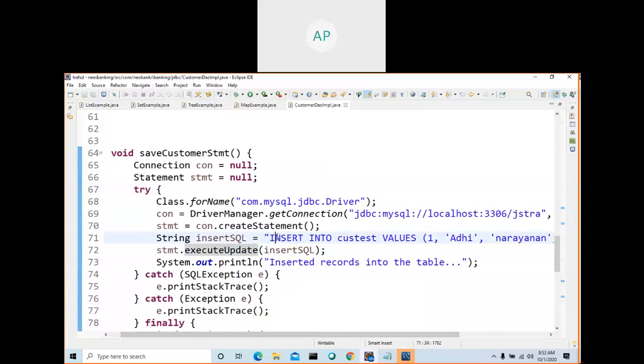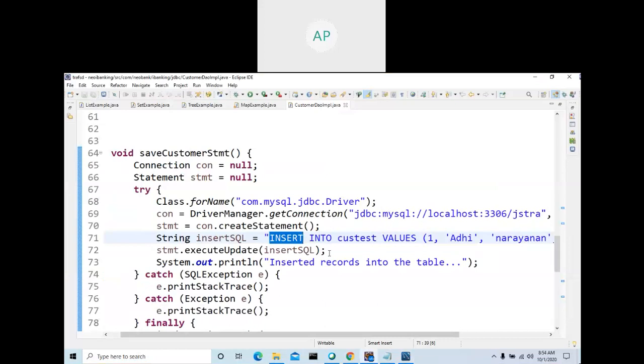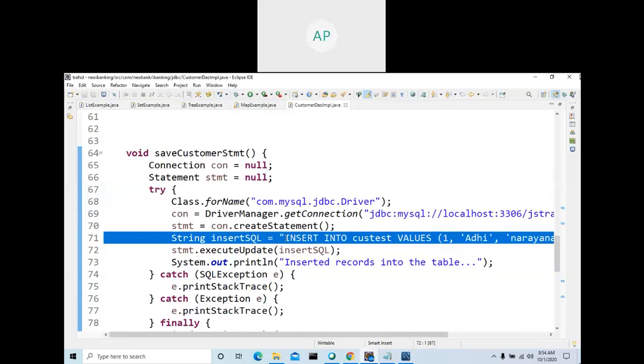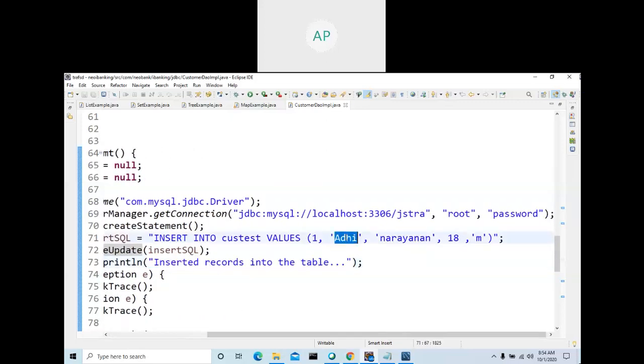This query will go to the database now. Our program will send this query to the driver. The driver will convert this query into a form that can be understood by the database, send it to the database, and the database executes this query. Before that, we were sending this query by using Workbench. Now we are using Java to send the query. No, we cannot use Workbench from a browser. If you send information from the browser, you are not connecting to Workbench. You are connecting to your Java program, and through the Java program you send the instruction to the database, right? Then executeUpdate inserts the record.